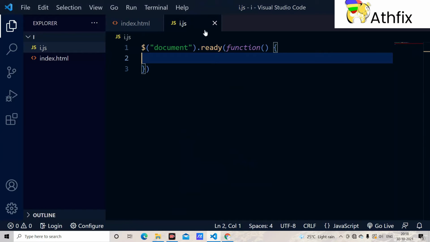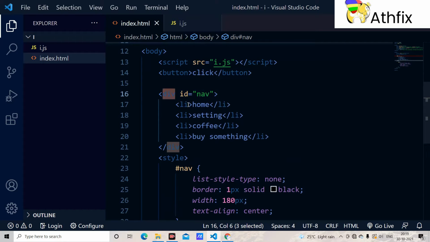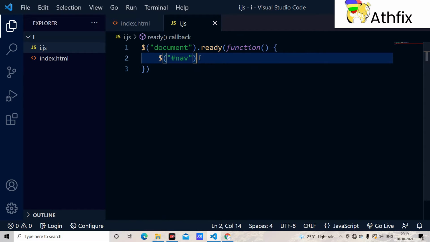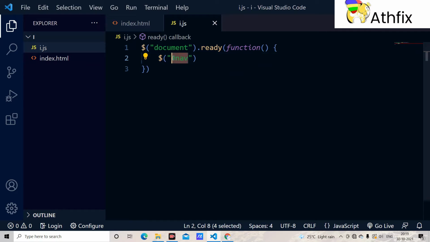Next, here in the js file, first of all I am going to select this now. As you can have a look at here, I have selected the now because I am using the hash, because here I have the div with the id now, therefore I am using hash now. And next, we have to create an event whenever the user clicks the button, therefore I have to select this button. I am not going to use the now, I am going to use the button because the user is going to click the button, not the now.